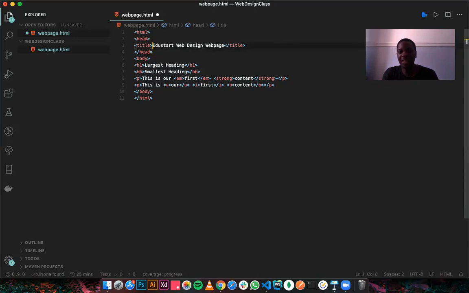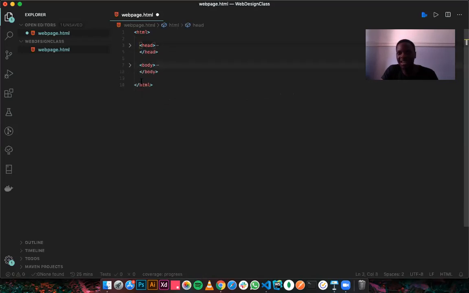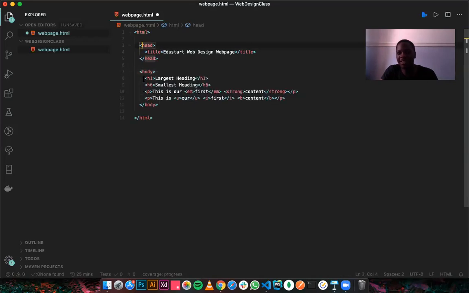You can do that by pressing tab on a particular line. Just tab till you indent your code fully, right? So indent your code. Indentation shows hierarchy, right? In this case, the way I indented this shows that the head element and the body element are all inside what? HTML element. And the title element is inside the head element. And the H1 is inside the body element, and the H6 and P and P.